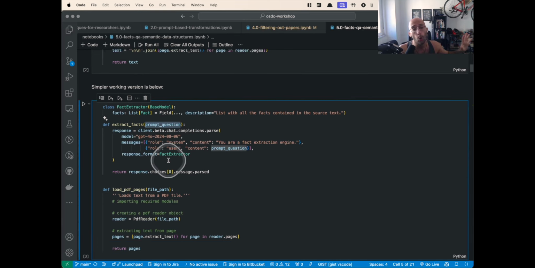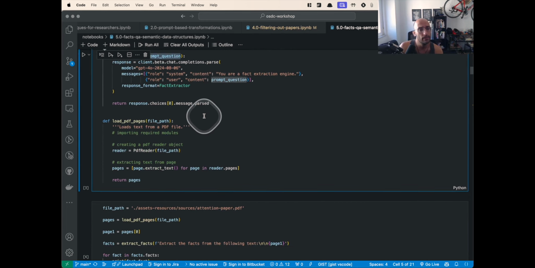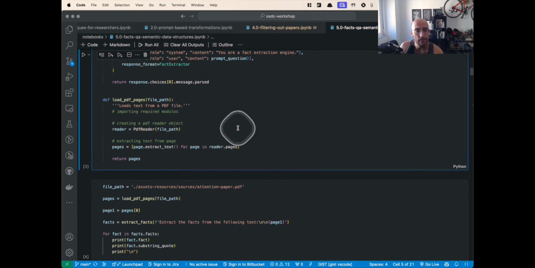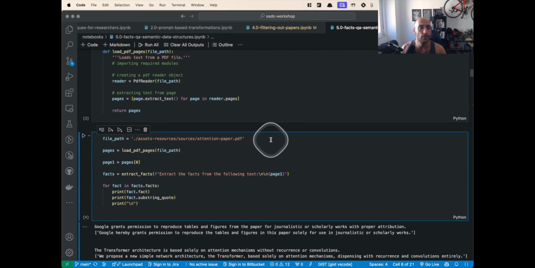I don't do that for the whole paper because large language models have this issue where when you give it a lot of context, it might be more precise in answering a question, for example. But if you want to do a lot of stuff with that context, you might get suboptimal results. So I like processing less context at once. So I set up a function to extract those facts, and then I load up the PDF, which is what I'm doing here. I load up the pages,